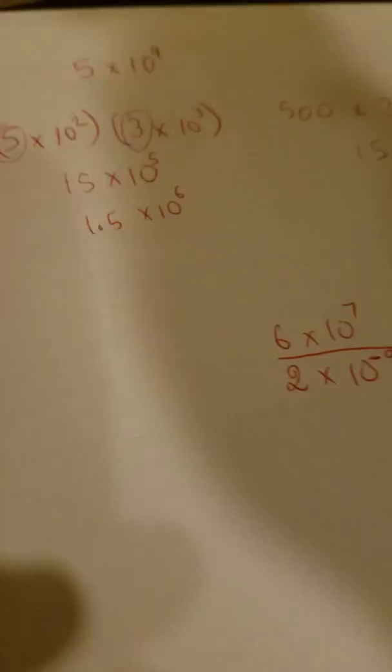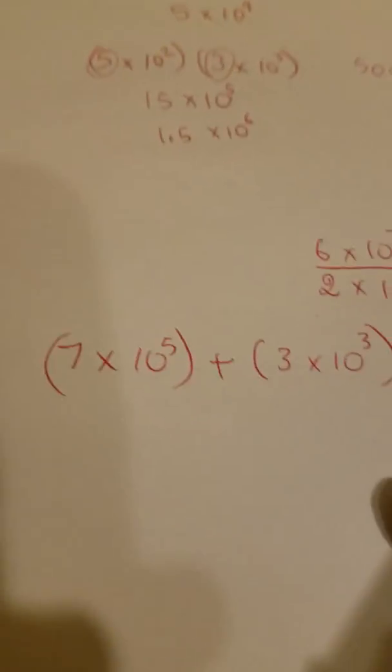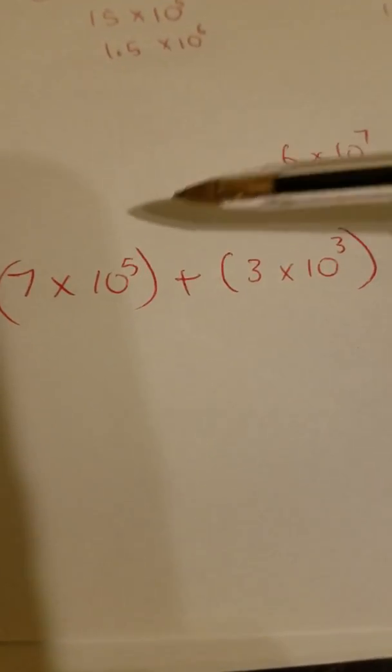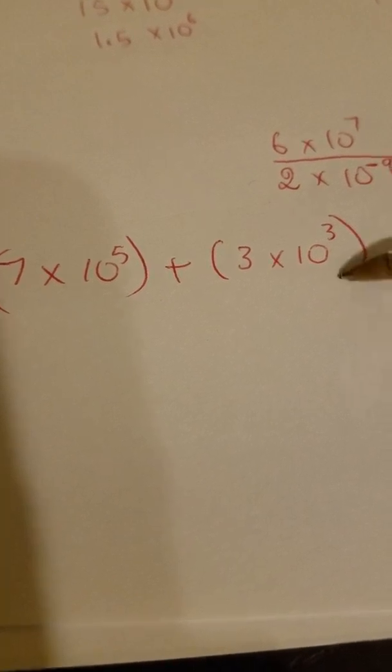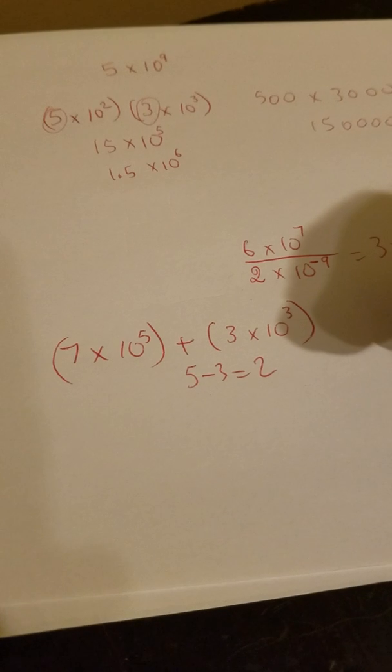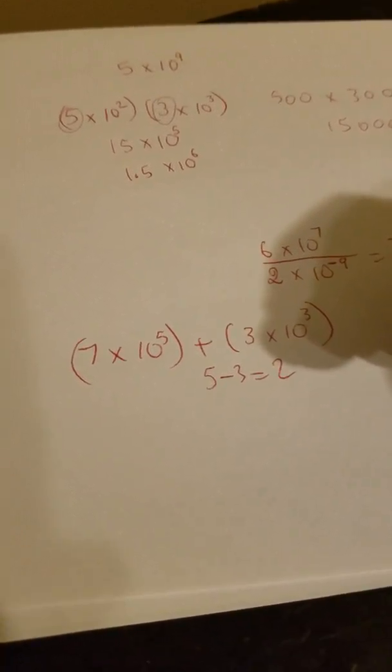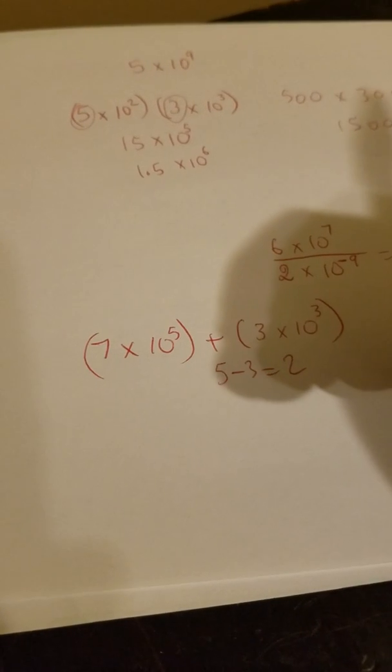The next one we're going to go to is addition and subtraction. Those two have the same rule, but they're different from multiplication and division. So let's say 7 times 10 to the power of 5 plus 3 times 10 to the power of 3. As you can see, one exponent is 5, the other exponent is 3. Right, so 5 minus 3 is 2. So I always move the small exponent, 10 to the power of 3. So I'm going to have to move the 10 to the power of 3 to 10 to the power of 5. So I have to move the 3